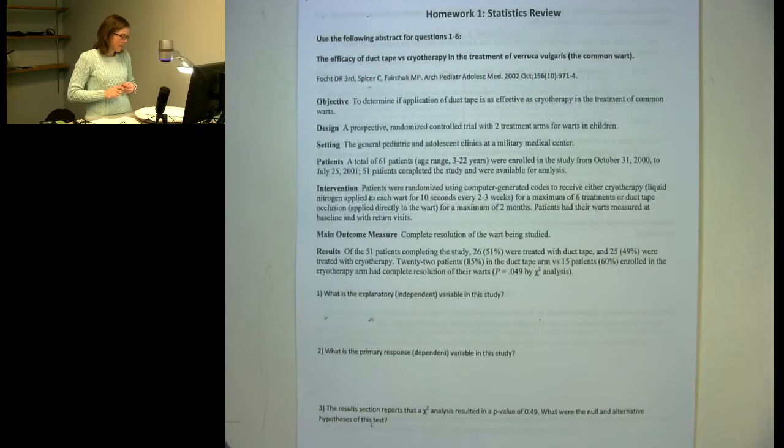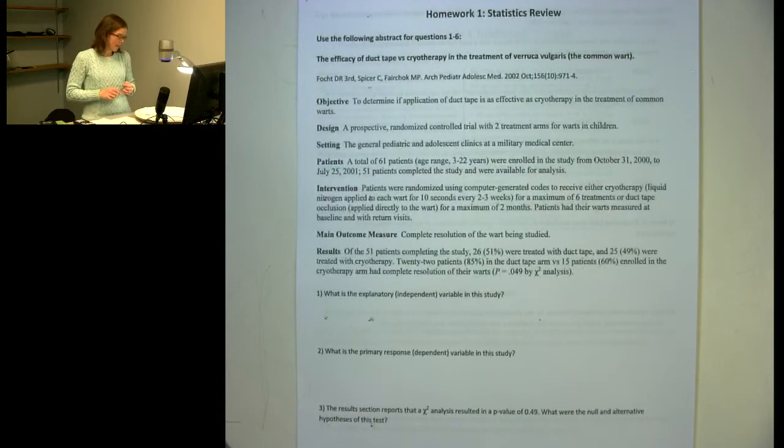They took a total of 61 patients who were enrolled in the study. 51 of them completed the study and were available for analysis. Patients were randomized using computer-generated codes to receive either cryotherapy, which is the liquid nitrogen freezing, for up to 6 treatments, or duct tape applied to the wart for a maximum of 2 months. Patients had their warts measured at baseline and at return visits, but the main outcome measure was complete resolution of